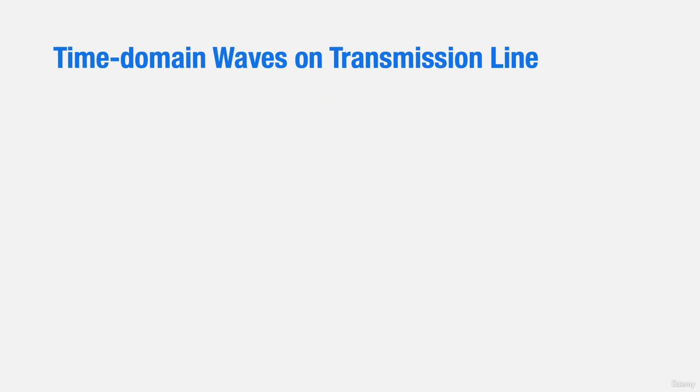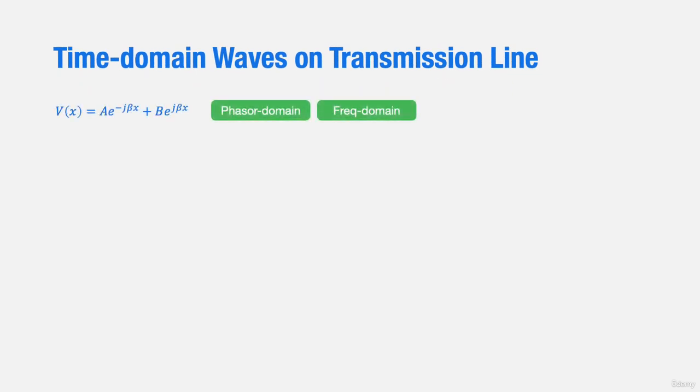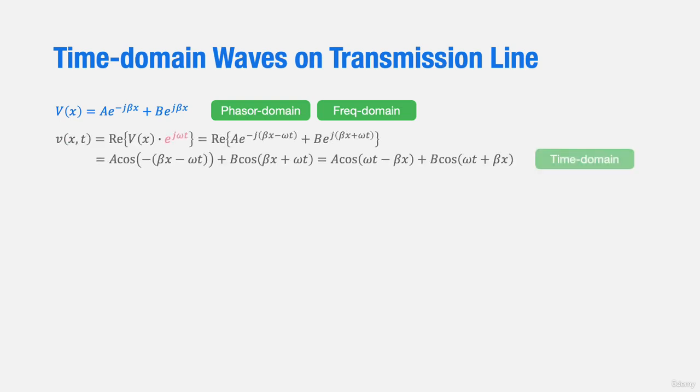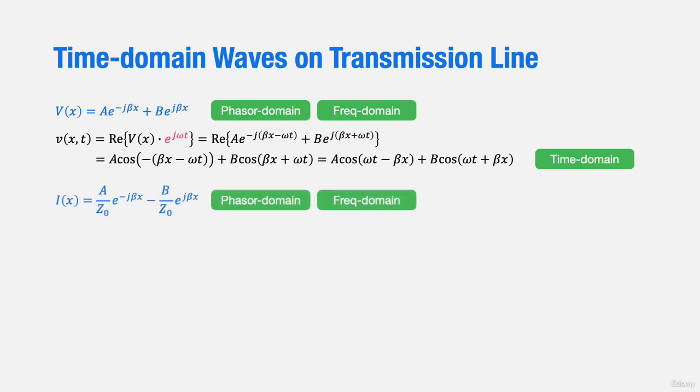Once we find the phasor voltage V of x, it's straightforward to determine its time-domain waveform. We simply multiply it by e to the j omega t and take the real part to get the time-domain voltage wave, which is A times cosine of omega t minus beta x plus B times cosine of omega t plus beta x. Furthermore, finding V of x is equivalent to finding the current I of x, whose solution is